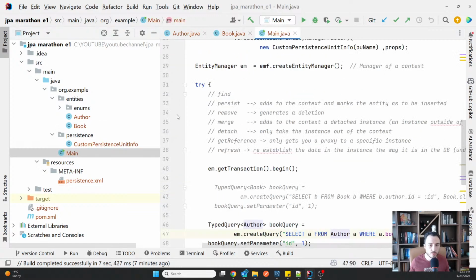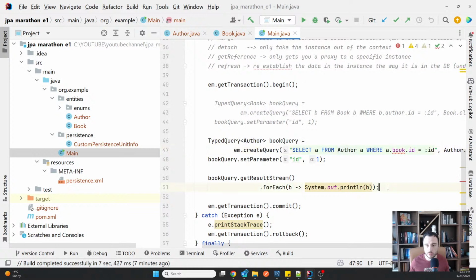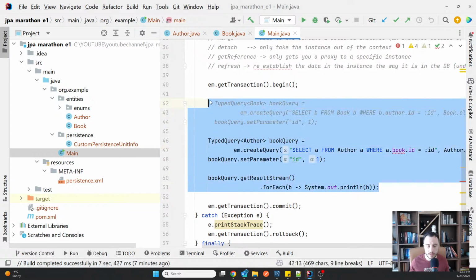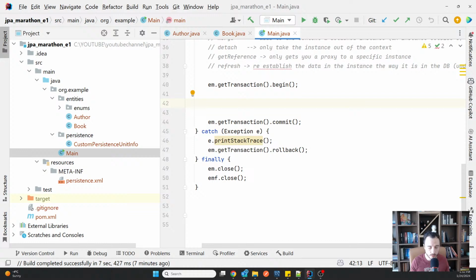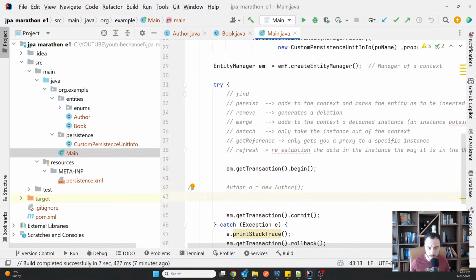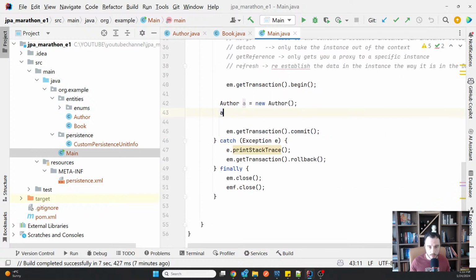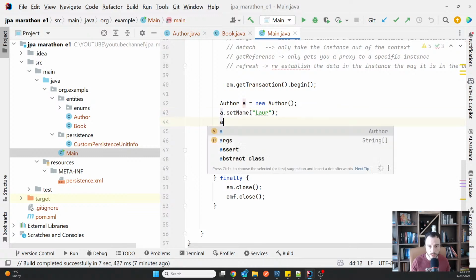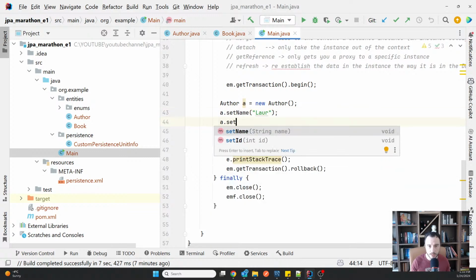And then I can, of course, try again to see what happens if I try to put something there. So I can say Author a is new Author. I'm not sure why it's gray, this one for me. Oh, it's because I have, okay, and then put everything in place.